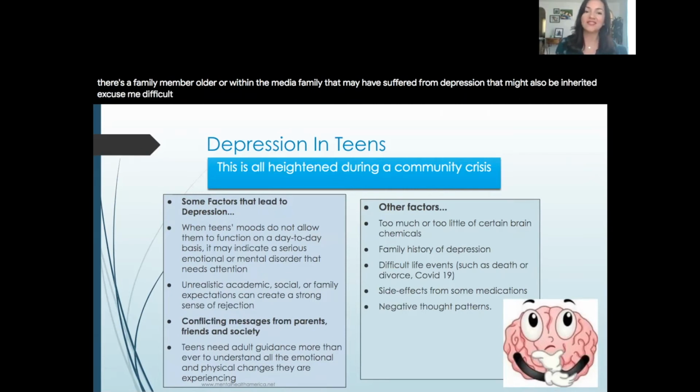Other factors include difficult events, such as a death, divorce, or COVID-19, and side effects from medications. If there's another health issue, depression could be a side effect, and also negative thought patterns. Hopefully we can provide you with some tools on how to work with negative thought patterns. The next slide